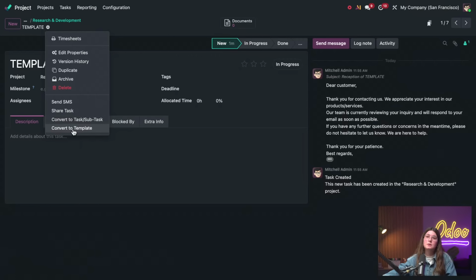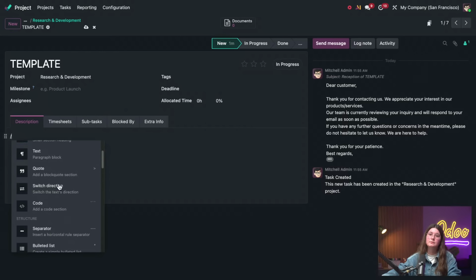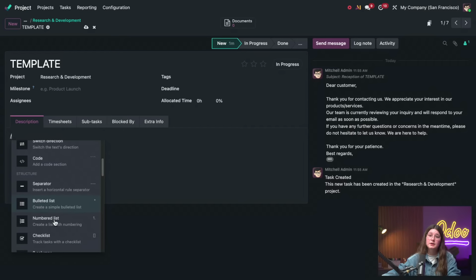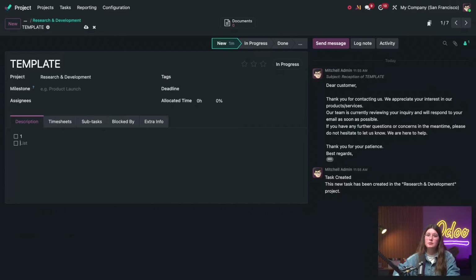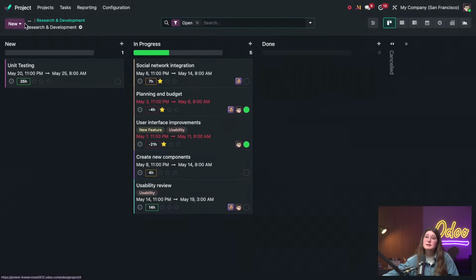Convert to template, okay? So let's say that you fill whatever data needs to be filled. Remember that, for example, we could have a checkbox with all of your mini tasks, let's say, that you must do for this job, and a description, general things. And once that you have your template ready, we can go here to convert to template and see how it says template. And what would happen is that the next time that you have another job for that,